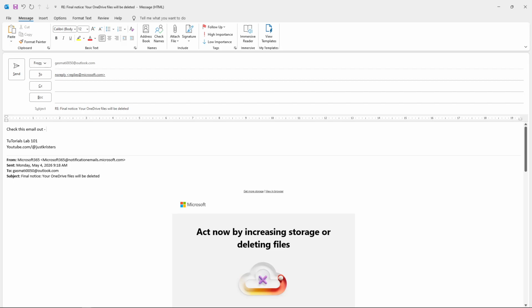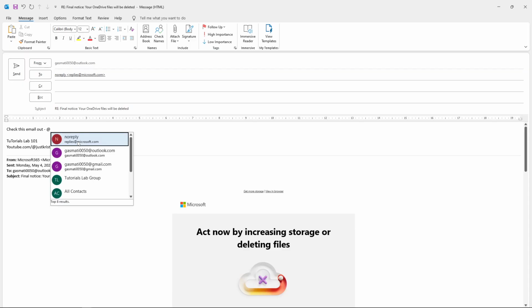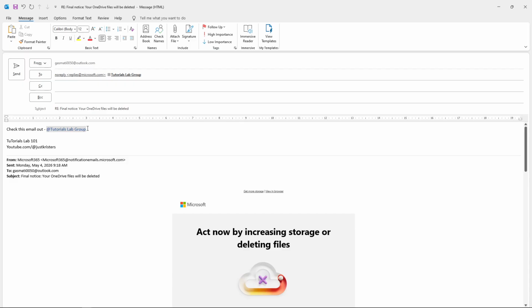In the composition window, simply start typing the @ symbol followed by your contact's email address or name. As soon as you type the @ symbol, Outlook will start suggesting contacts from your address book. You can either continue typing to narrow down the search or select the person you want to mention from the